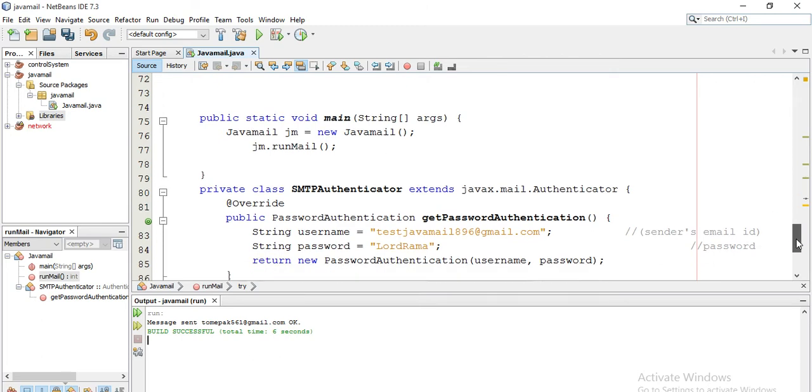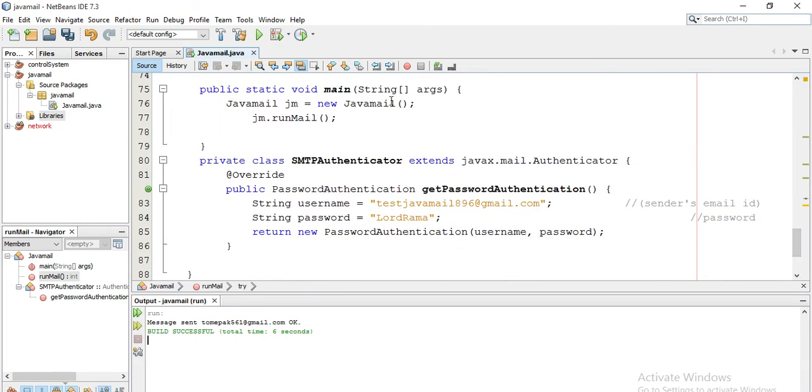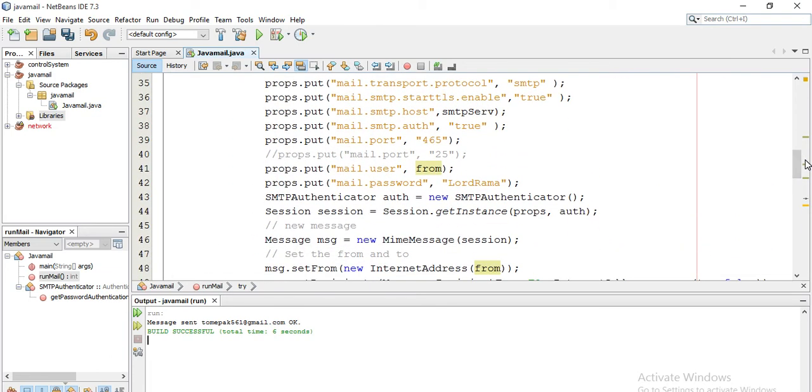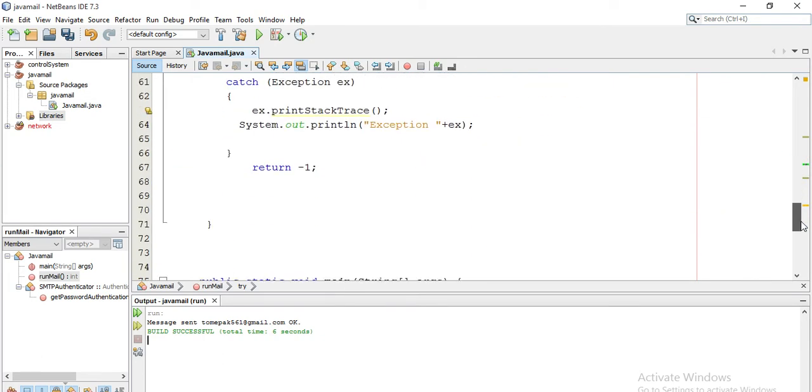After closing this main method, you need to define authentication here. You don't strictly need to set authentication elsewhere, as I have already set authentication like the user from and email password. You can also comment that out, but it's good to use, because on a different computer I have noticed that it shows some error. That's why you can mention it here also, but here it is totally compulsory.